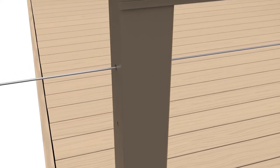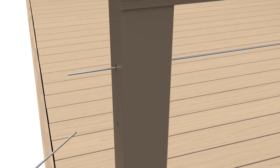Cleanly trim the end of the cable. Attach a flat washer and a quick connect fitting onto the end of the cable and slide the fitting into the post. The special spring-loaded quick connect jaws only allow the fitting to slide in one direction and will automatically